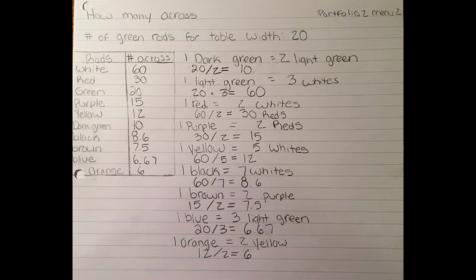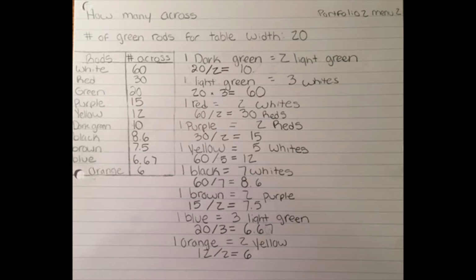For that one, I multiplied the number of light greens I got by 3 because it took 3 whites to get to 1 light green, and I wanted to get the total number of whites. I wanted to solve this problem in a similar way, but a little different because I had already solved it using the whites. So the first one that I solved was dark green,